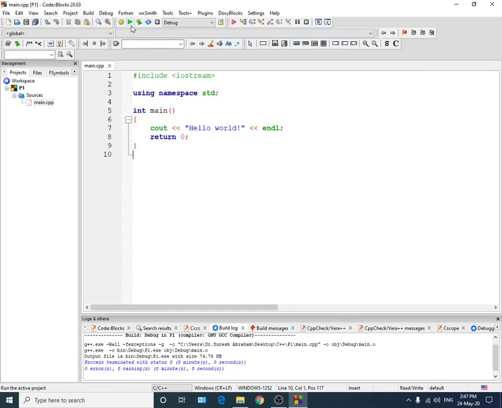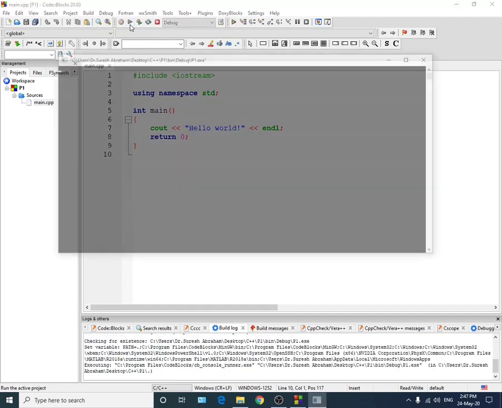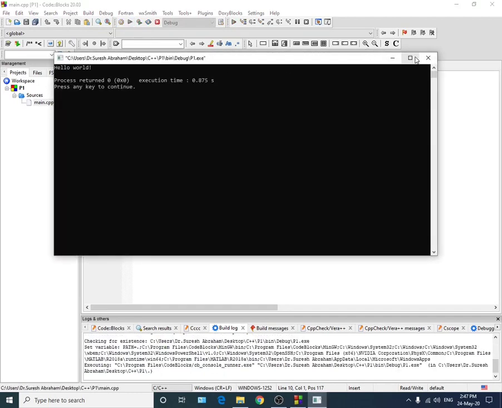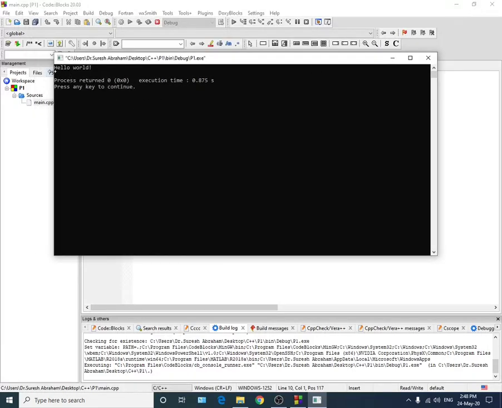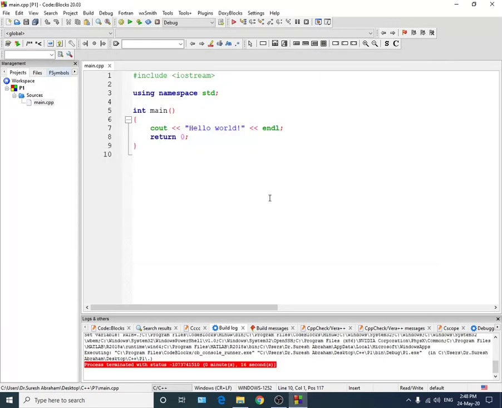the next green colored play button. It is the run button. After the compilation or the build, you can press on this, the run, and you can see here this is the result. The output window has come on, and in the output window you can see it is being printed, hello world. Now this is the output of the program. Now I am closing this window and we will go to the main.cpp file and explain what this program is